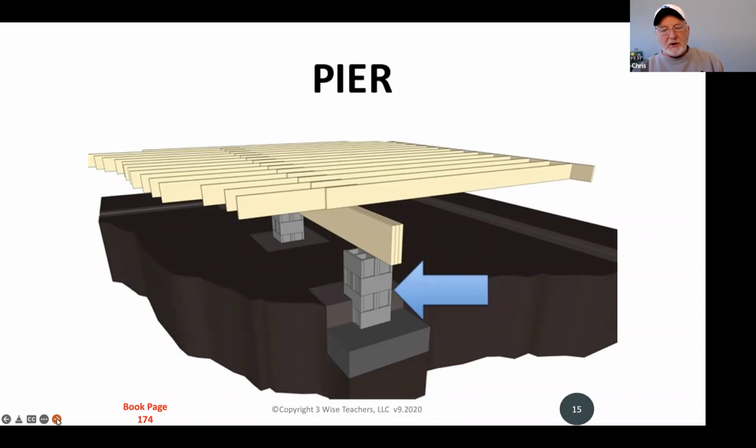Okay, the piers. It's hard to tell from this picture, but the piers are actually on the interior of the crawl space. So in other words, they're basically a foundation component, but when we talked about the footing being around the house and the foundation wall, the piers are actually on the inside of the foundation. And you say, well, what's their purpose?